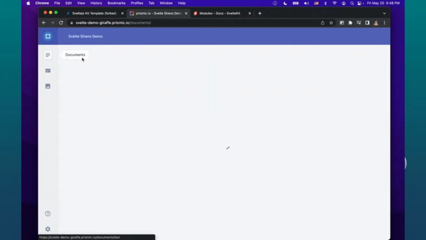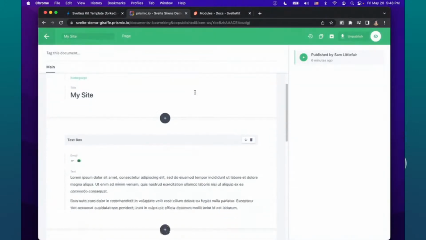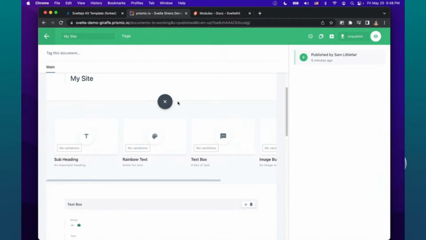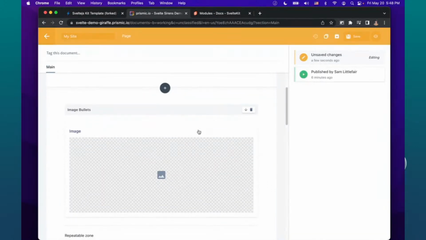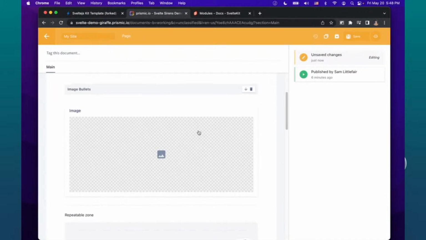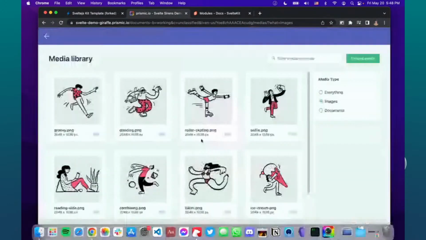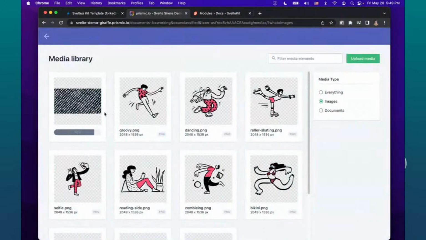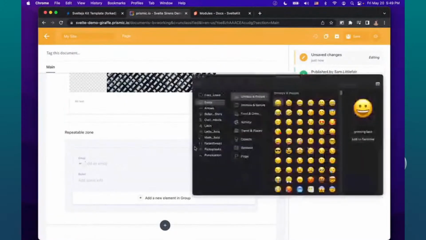So let's go back and create some content. The other cool thing that Slice Machine does, and again, I know Slice Machine isn't available for Svelte yet, but we're crossing our fingers for soon, is that whenever you create content models, it automatically creates mock data for that model. So as soon as you've created the model, you can preview the component with the mock data. So you don't need to do this process of adding content to your documents and then doing the query. So I'm just putting in an image, and then